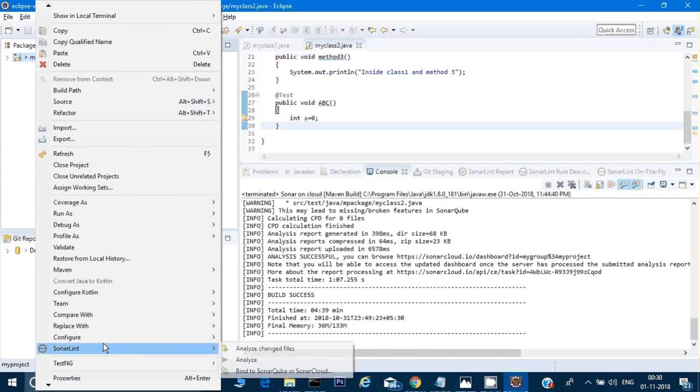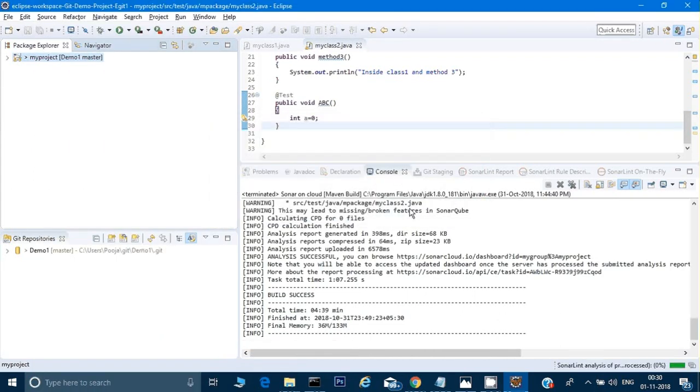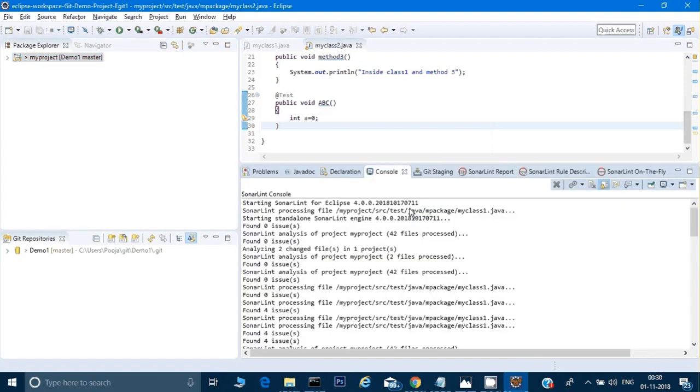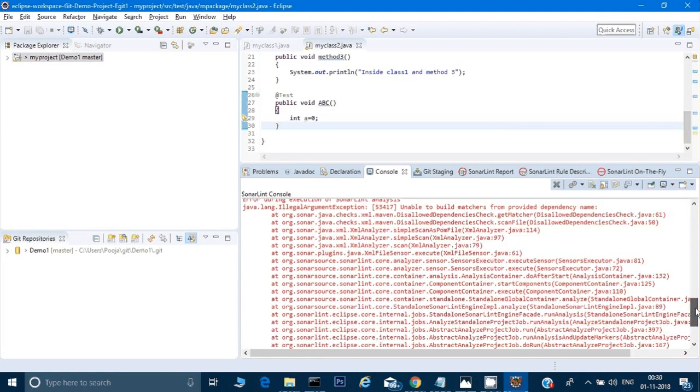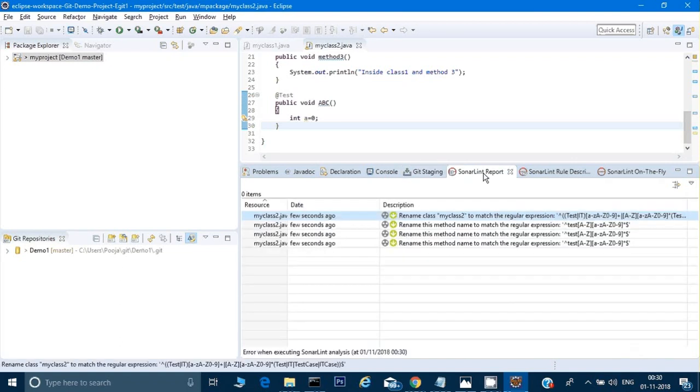Okay, there's an option for SonarLint now. I will just click on Analyze and click on OK. Okay, so it will start analyzing my project. Okay, so I think it has found certain issues here. All right, see. So what you have to do now to see these, if these tabs are coming, that is